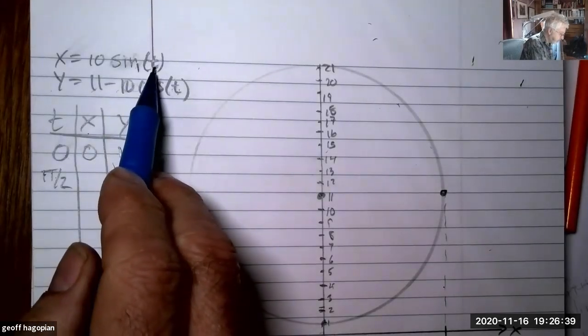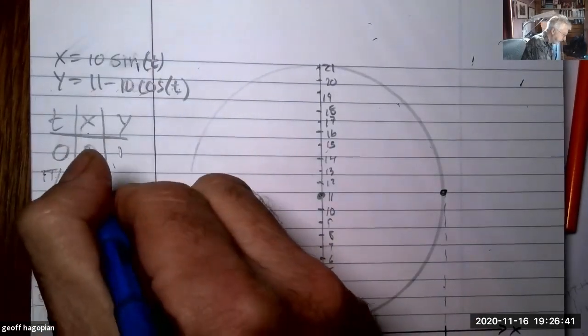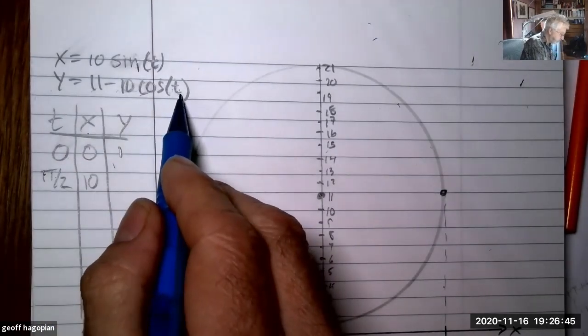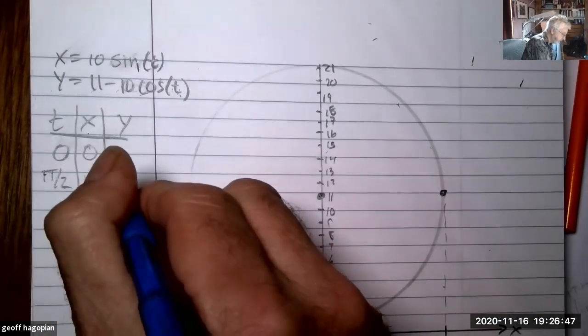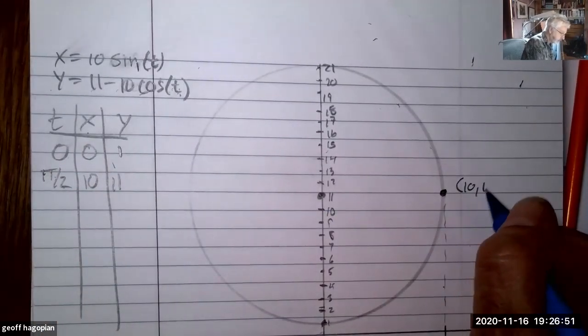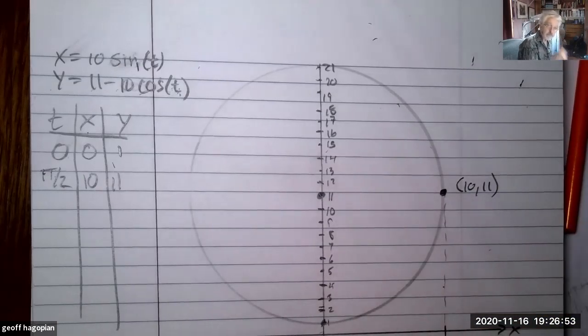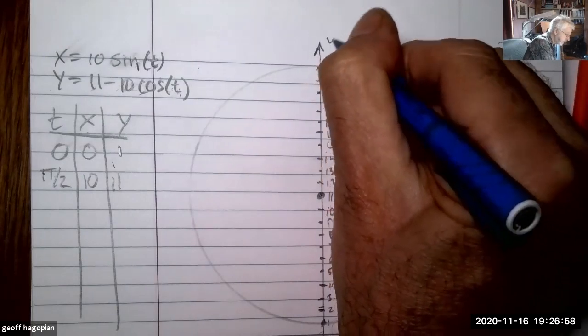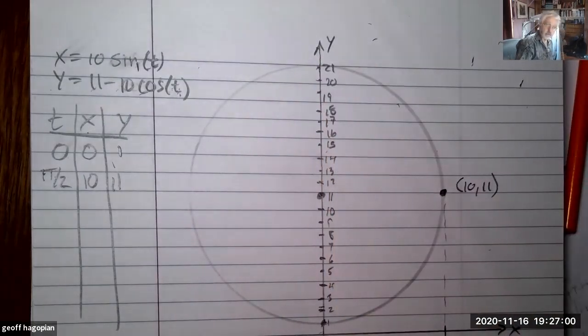Sine of pi over 2 is 1, so this is going to be 10. And cosine of pi over 2 is 0, so this is going to be 11. So where are we? We're here, right? X is 10 and y is 11. Top of the thing. Okay. And so we're going around